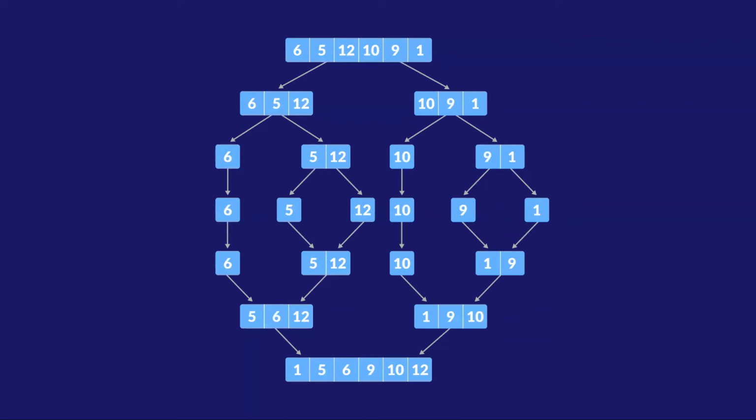Now we also have the merge algorithm. We simply have to apply the merge algorithm on these sorted arrays. So when you merge 5 and 12, you get 5 comma 12. When you merge 9 comma 1, you get 1 comma 9. And this will be the new sorted array. Now you can merge 6, 5 and 12. You get 5, 6, 12. You can merge 10, 1 and 9. You get 1, 9, 10. And if you merge these both, you get our final answer. So that is how merge sort works.